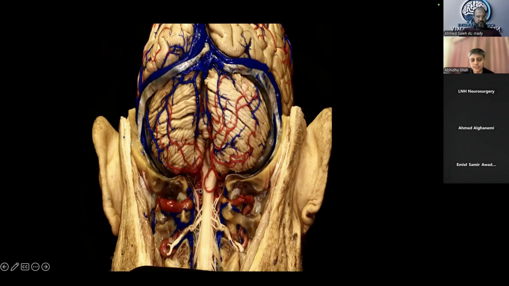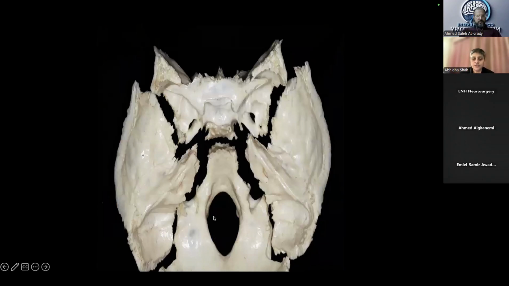You can see the rootlet of C1, and this is where the medulla becomes the spinal cord, just at the level of the foramen magnum. So this junction is important. It is difficult to reach. It is a little complex to understand, but once the anatomy is understood, it is a very beautiful region to operate. So the craniovertebral junction or the posterior fossa is formed by this main bone, that is the occipital bone